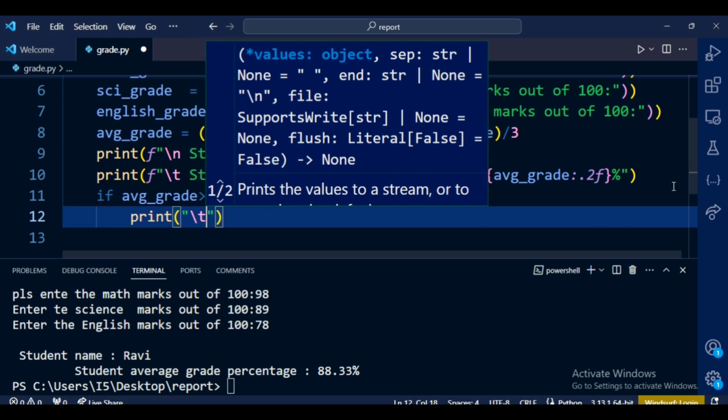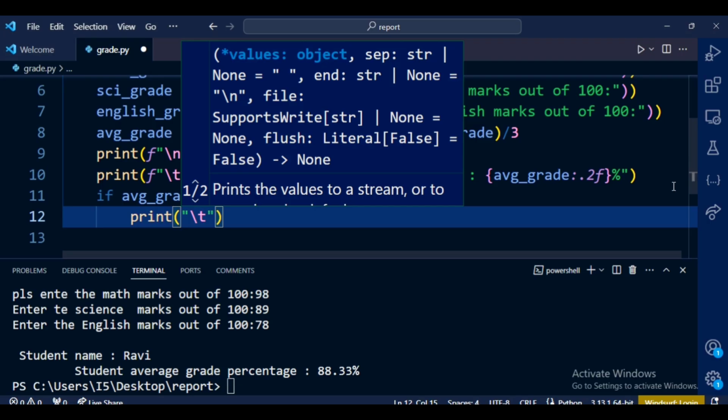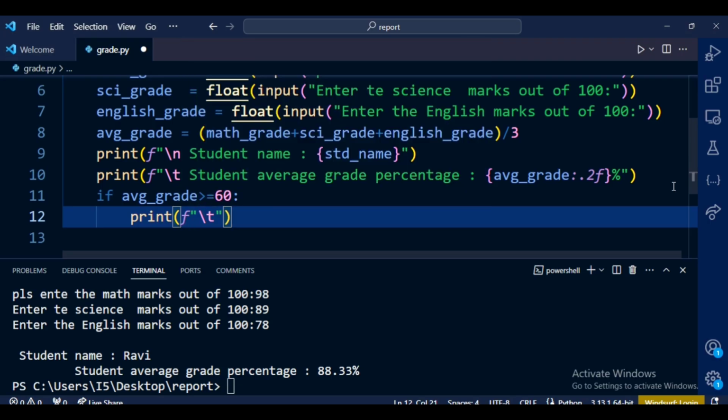Student examination status, that's fine. If it is 60 or above, it's a pass. Else